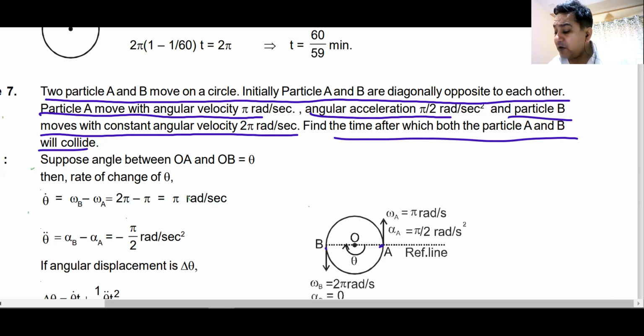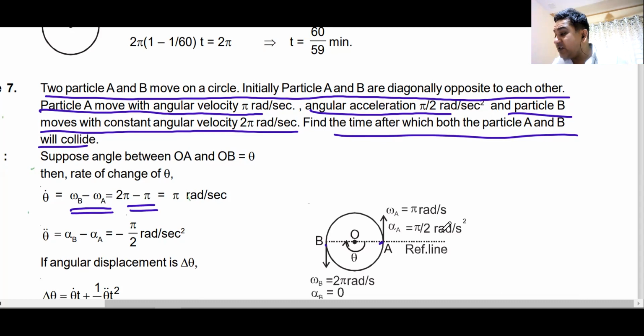So what you need to find out is the angular velocity of B with respect to A or A with respect to B. One is in this direction, the other one is this direction. So one is upward, the other one is down, so they must be added. But here they are subtracting it. Why are they subtracted? Do you understand why they are subtracted? Why have they not added it? For me, it looks like it should be added.